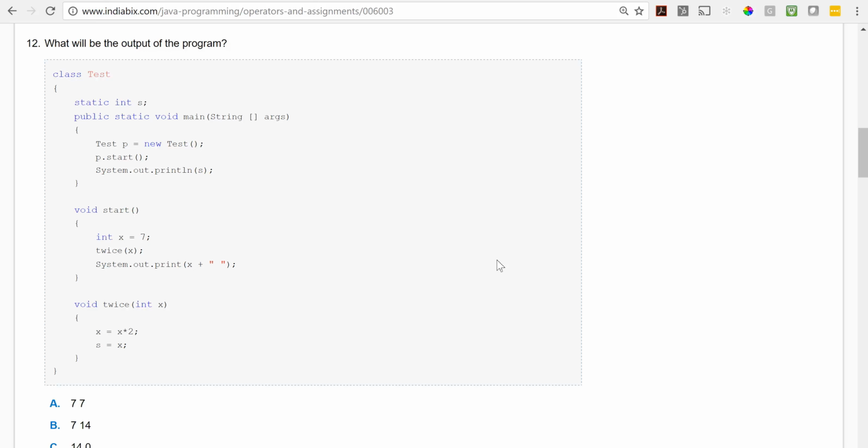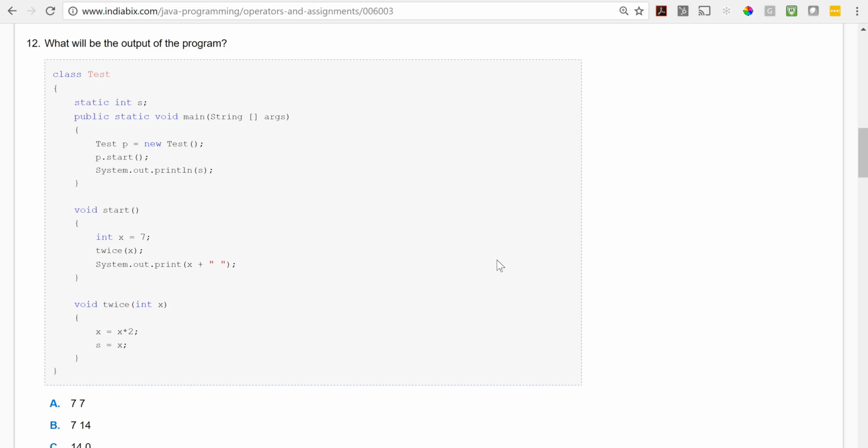I'm continuing the series on helping you learn through programming challenges. This is a specific site I've been using to go through different programming challenges. It's called indiabix.com, and this is Java Programming Operators and Assignments. I will be moving this over into C# so that not only can you see how similar C# and Java are, but also so that this tutorial helps both Java and C# programmers understand concepts that are the same in